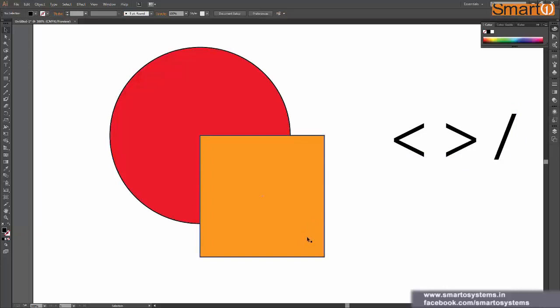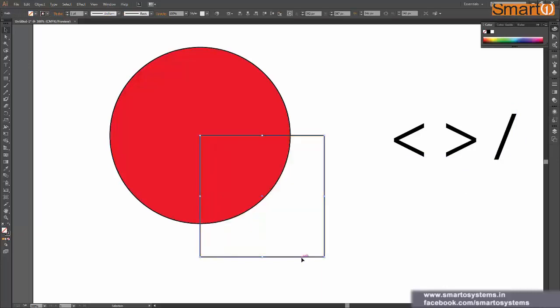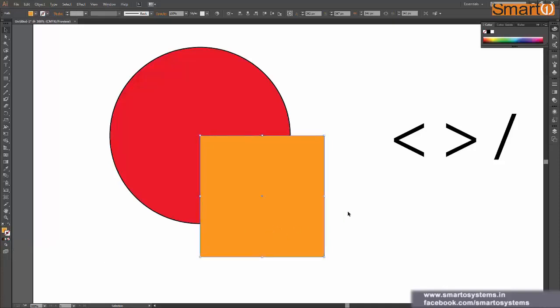If I select the rectangle and press this slash key, my color disappeared because right now I think the fill was selected. So select the outline and press the slash key, and there I have my outline removed. Again for the circle I'm going to do the same thing. Make sure our outline is selected and then press the slash key, or you can press this button over here. Both will work the same way. So I have my outlines removed.